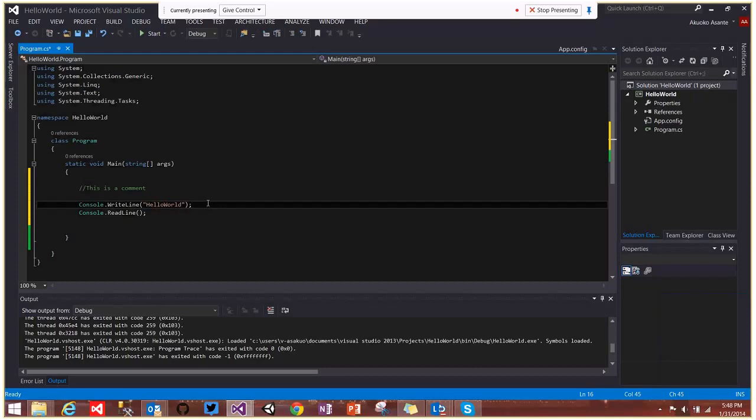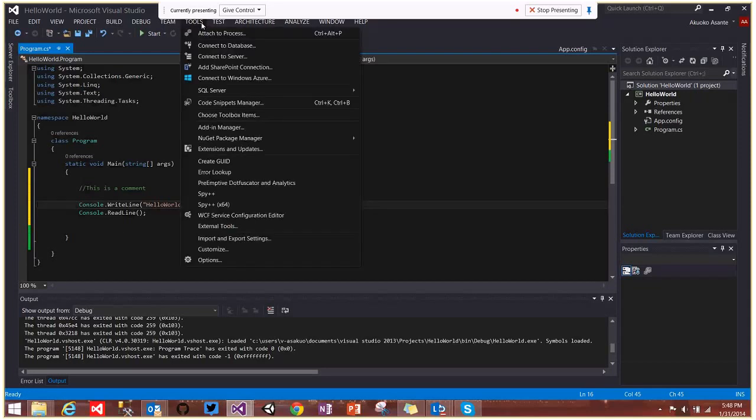Secondly, I'd like to talk about customizing your IDE to suit your needs. This black environment here was set by me. Usually people like to go with the white one, the white side. And I'd also like to have line numbers here, so I can easily refer to some segments of my code. In order to customize your IDE, you go to tools, you go to options,